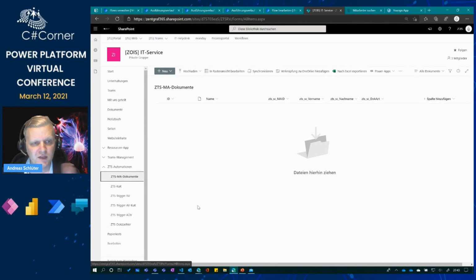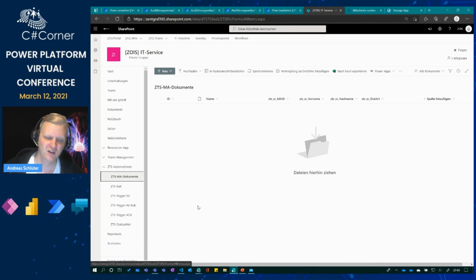We have about 20 users who are working with the whole Staffcloud thing, but they do not all have a premium license to get the flows working, because that would be much too